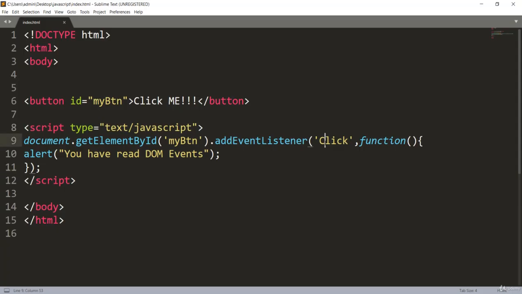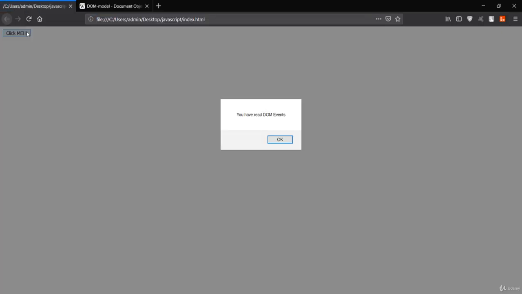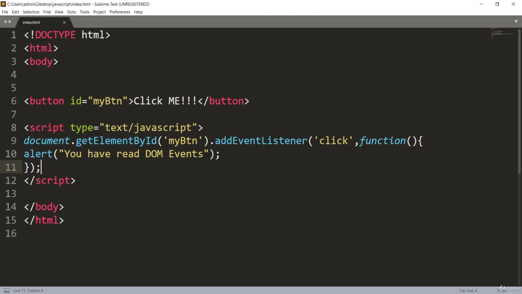Let me go back and press this again, and you can see we get "You have read DOM events." That means the alert method, which is responsible for creating this alert, was invoked automatically when the user pressed the click event.